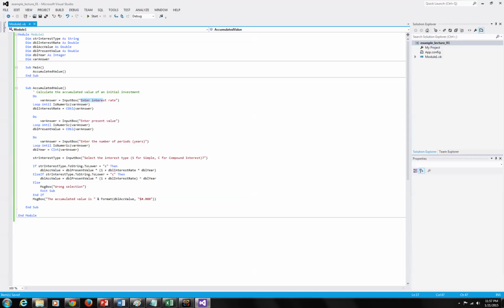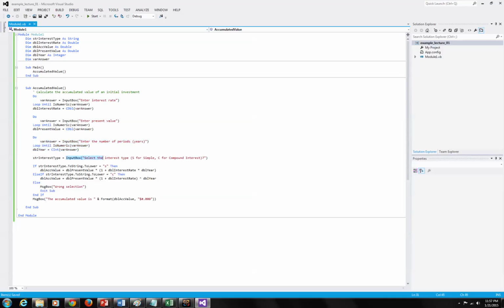So when the user types in the interest rate, it is stored in var answer. We'll talk more about this later when we go to the loop structures. So there are several other blocks for present value and the number of years,